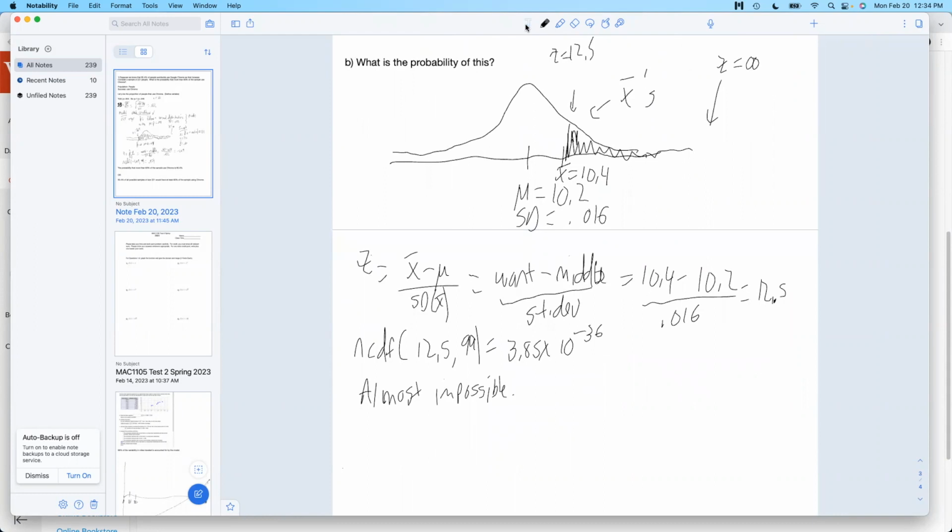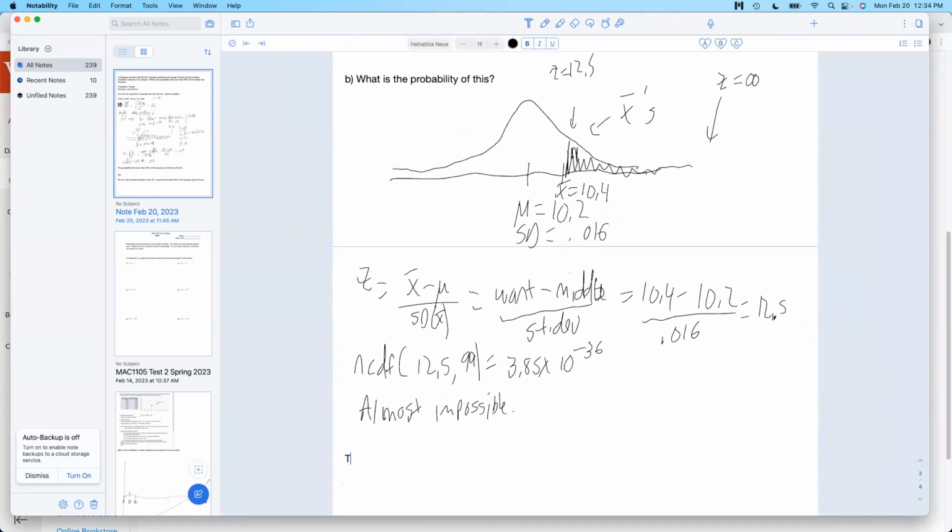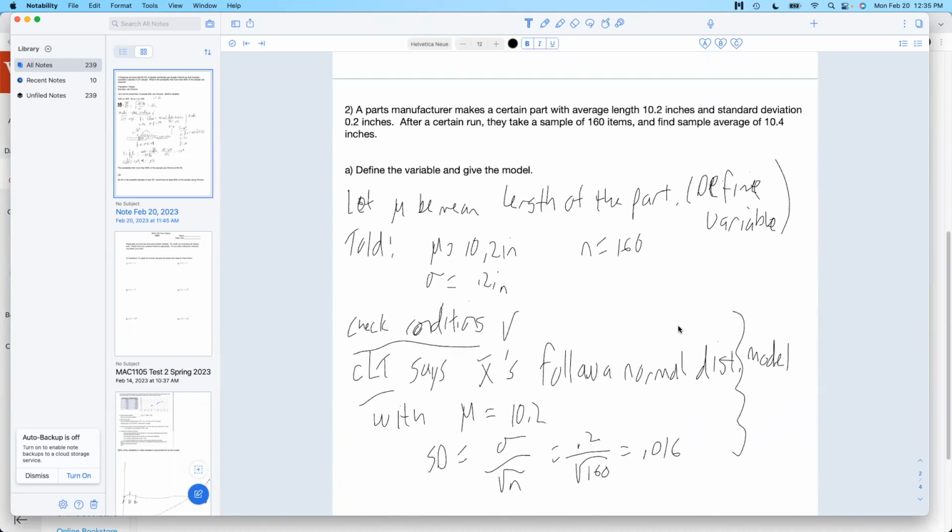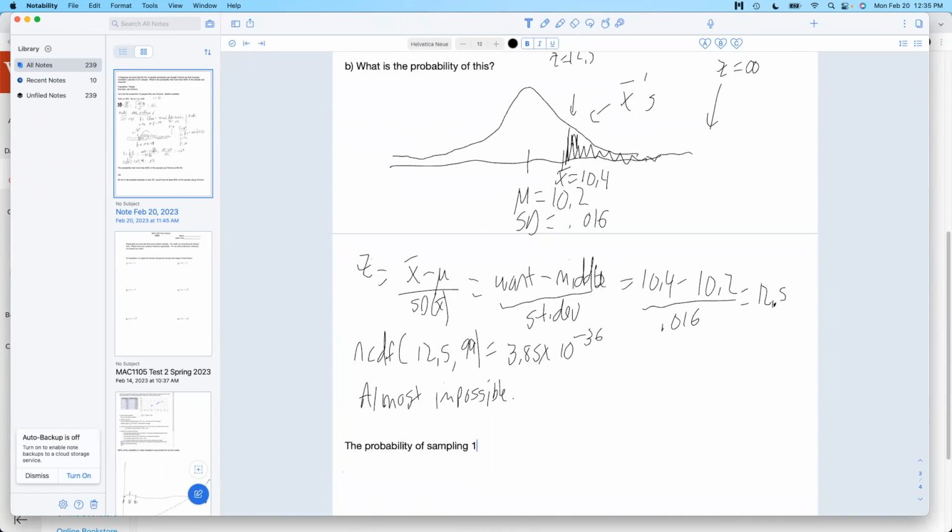I'll type that up. Of sampling, what was my sample size? 160, I think. Yeah. Of 10.4 inches or more